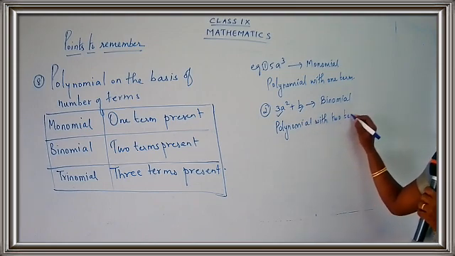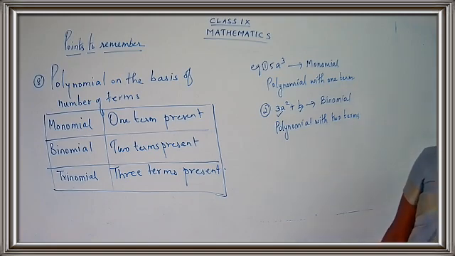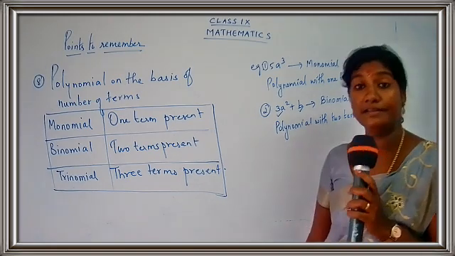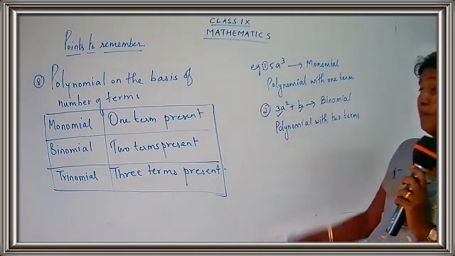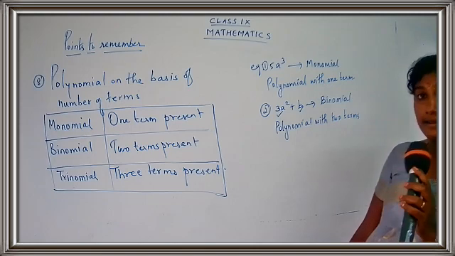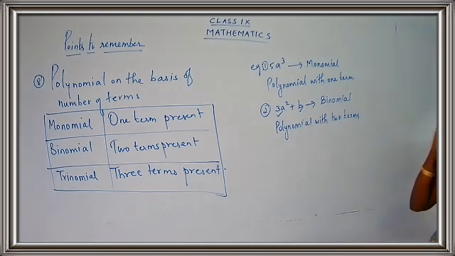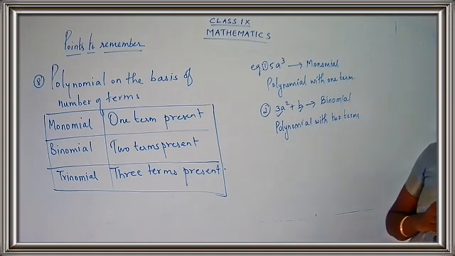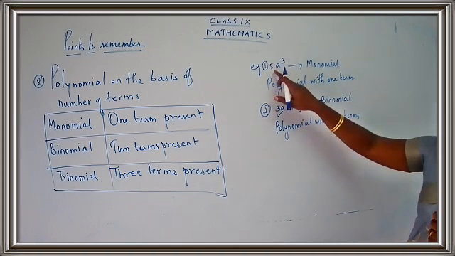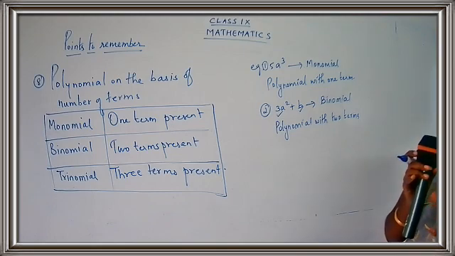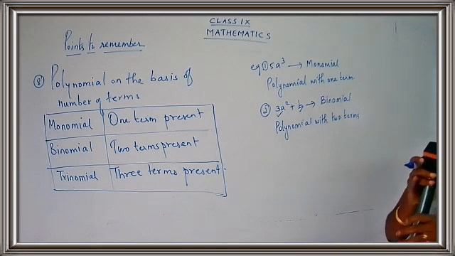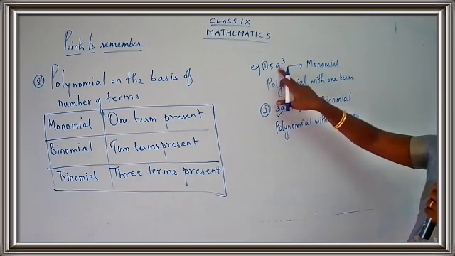Polynomial with two terms. I will go on giving you some examples so that you will be clear with the concept. You should know all the different types of polynomials. Okay, children? So just understand it clearly. Just put your whole concentration in your class. So what is the first example I have given you? 5a cube. Here only one. Don't think that two numbers are there. No, it's one term. Term means it is a combination of a variable and a constant. So 5a cube is a single term.